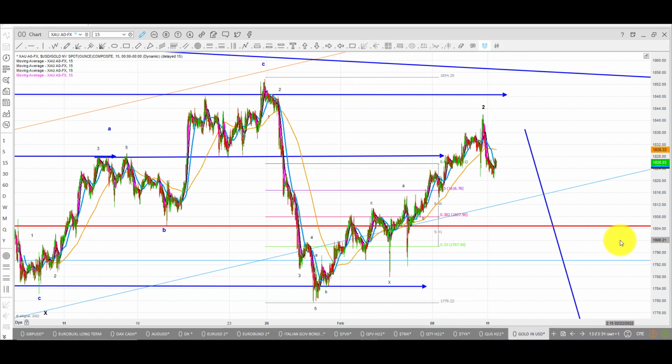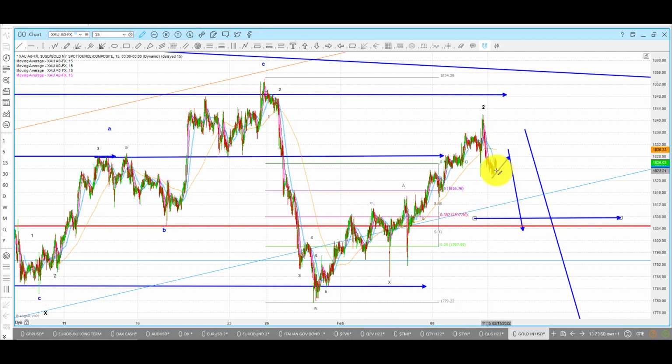That is the chart of gold, price in US dollars. That's spot gold on the 15-minute scale. I'm still of the opinion that gold will fall. I still think that this could turn into an ABCXAB. That could be our C complete. If so, we should see gold really losing ground fairly soon and breaking back on the 1808 around this zone. Sticking around this level, going sideways, would probably mean that I'm wrong,